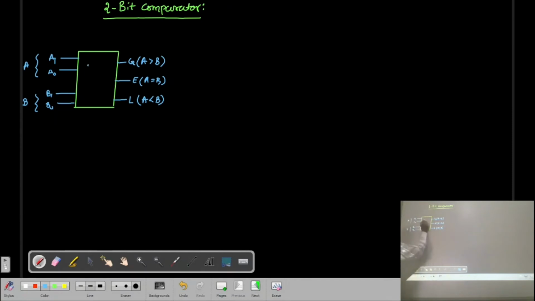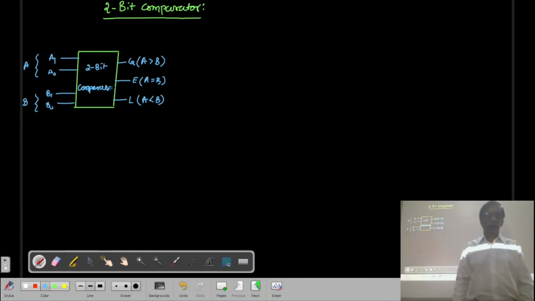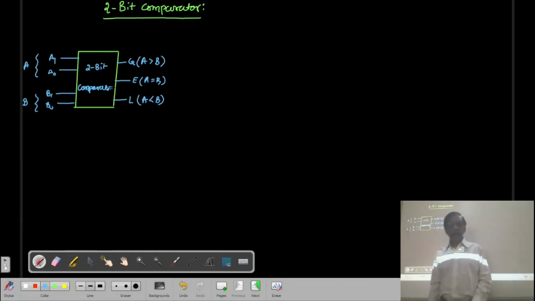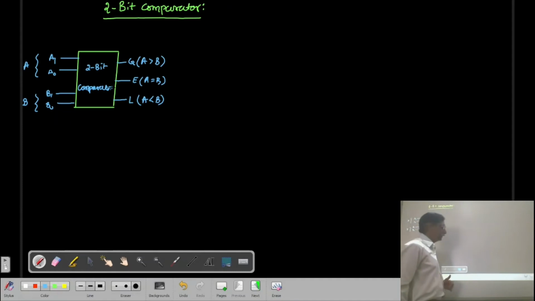So this is a diagram for a 2-bit comparator. Now again, what will be the expression for equality, greater than, and less than? Again, we have to prepare a truth table, and from the truth table we can write a Boolean expression. If we are able to write it in terms of E, G and L, then for the n-bit comparator also we can write the expression. Okay? So let us see the truth table.